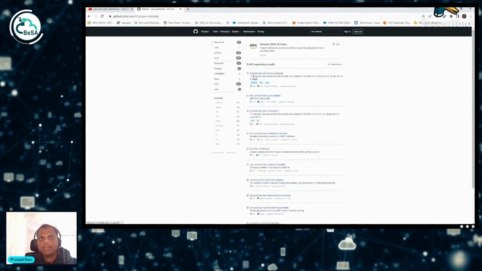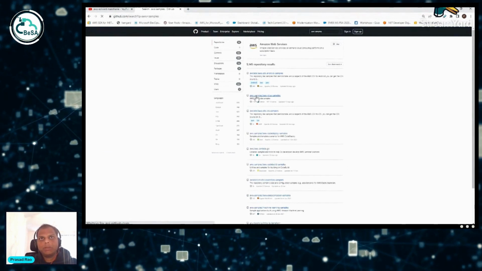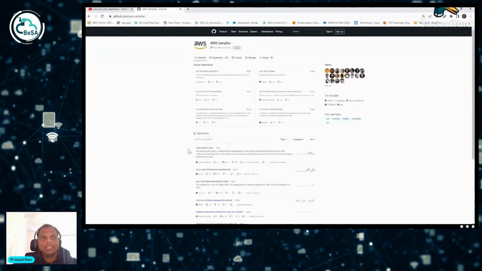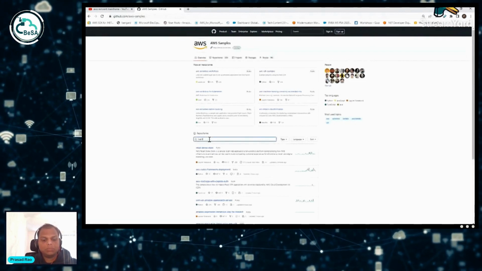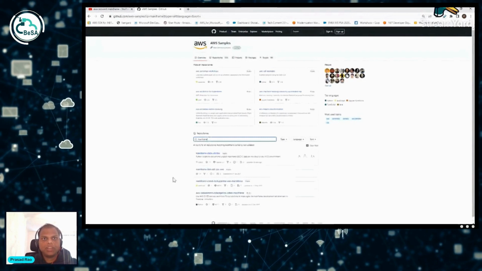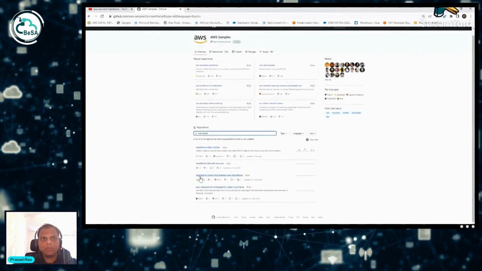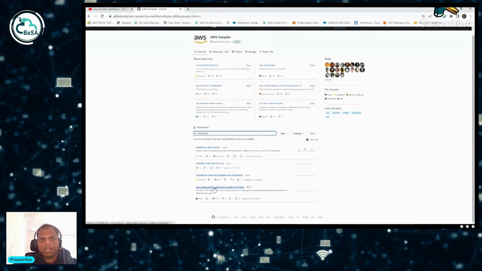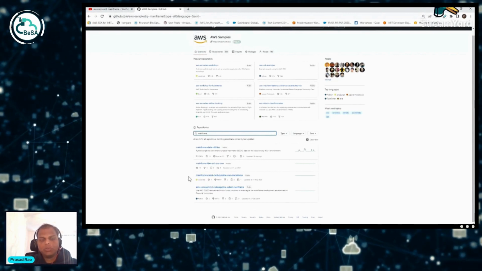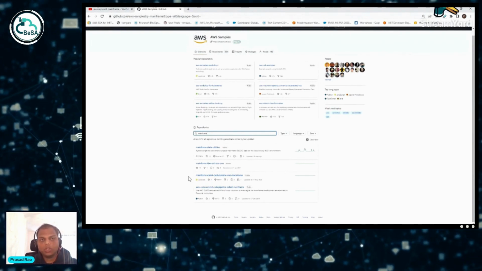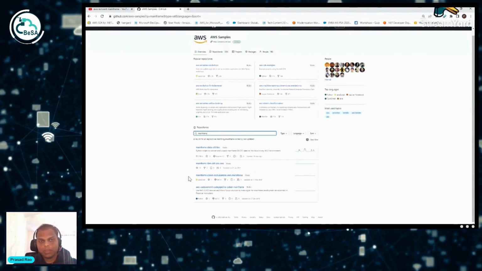AWS Samples and AWS Labs are two GitHub organizations where you'll be able to find a lot of AWS-related material. If I go to AWS Samples and search the repositories for mainframe, I'm sure you'll find something. We have got four of them: mainframe, COBOL, CI/CD pipeline, Micro Focus, a commit code line, mainframe. So there are ways where you will be able to do even hands-on work for whatever technology you are looking into, right?